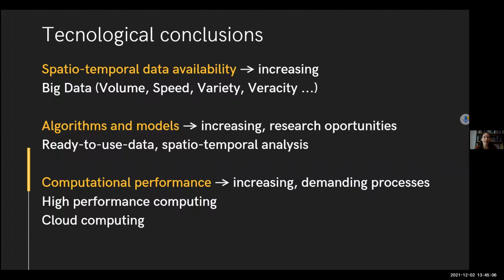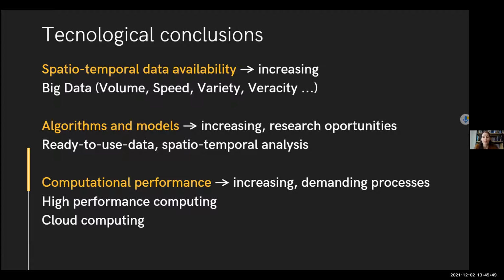However, there are still a lot of research opportunities. So if you are starting your PhD or your research, think about this, because there is a lot that we still need to do. We need to prepare our data more, to be more ready-to-use data. Otherwise, I think we are going to be very few people around the world managing this data, but this data is very important for decision makers, so they can take their decisions fast and based on evidence.